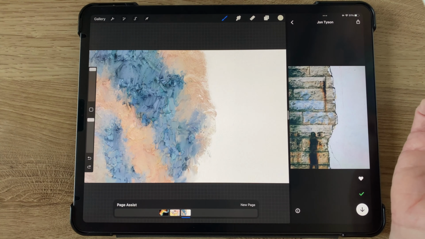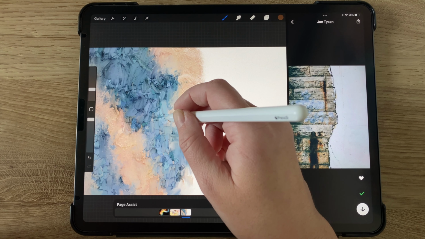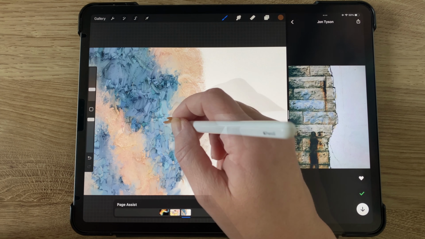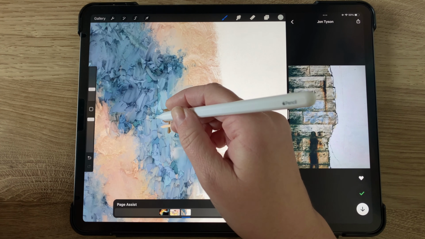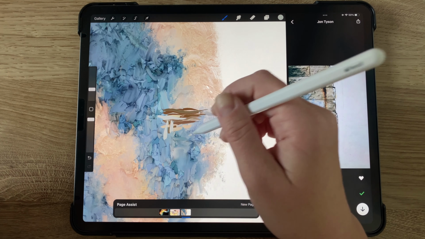I went with a brown color, and I wanted to have the brown as an accent color over here on the left. So I'm adding some streaky lines with the pointed soft palette knife. And I wanted to have some up and down lines as well, some vertical lines. So I'm playing with that concept, and I decided that was enough brown and went with the off-white color again. And I'm continuing these same motions on top of this.